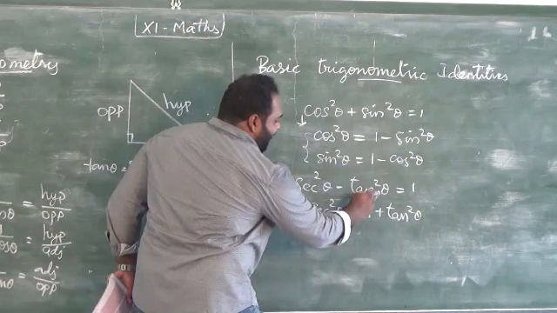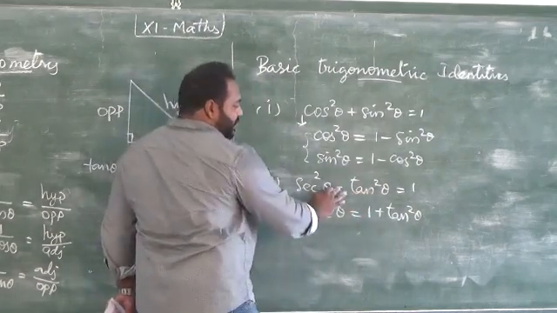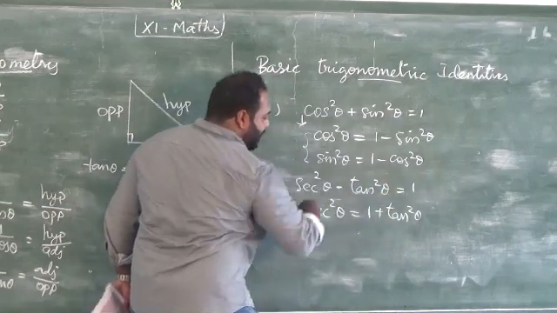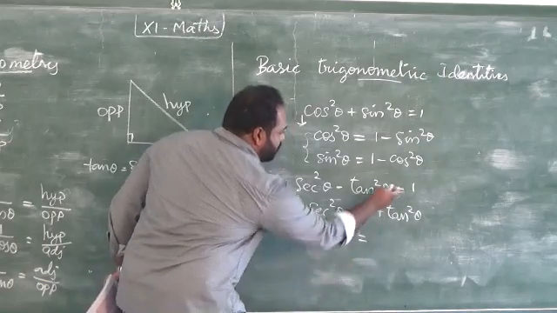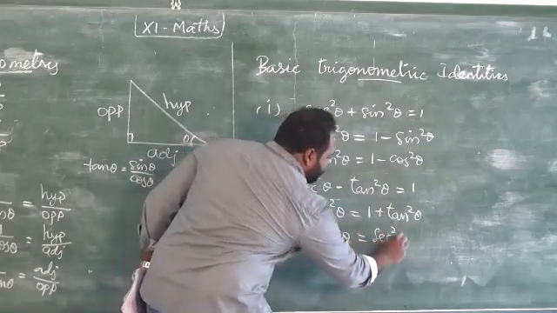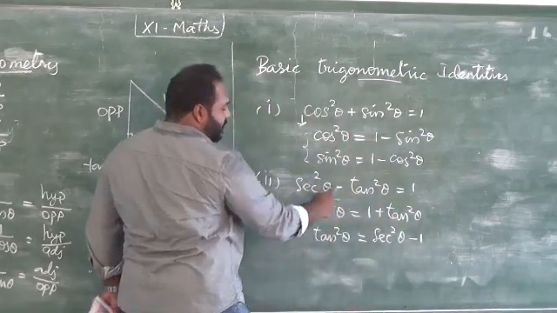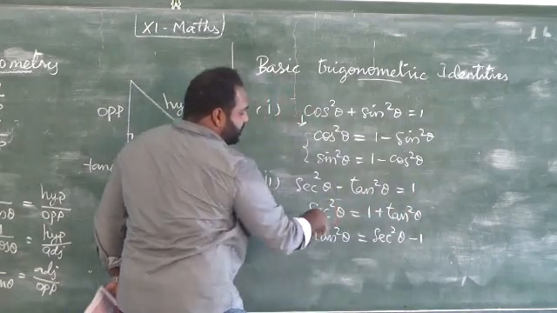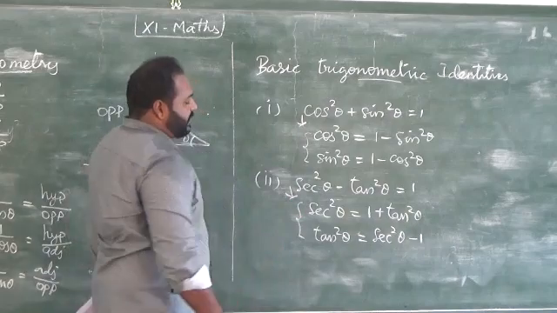Again, tan square theta alone, keep on the left hand side. It is negative, so you take this side, it becomes positive, and you bring this 1 this side. So tan square theta equal to secant square theta minus 1. If you bring this 1 this side, it is minus, because minus tan theta, taking this side becomes plus tan theta, and plus 1 bring this side becomes minus 1. So these 2 identities are derived from this identity.